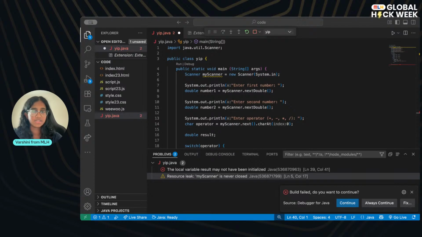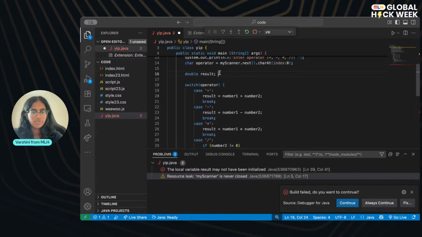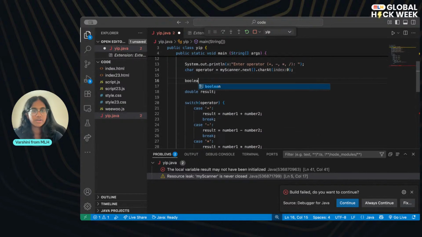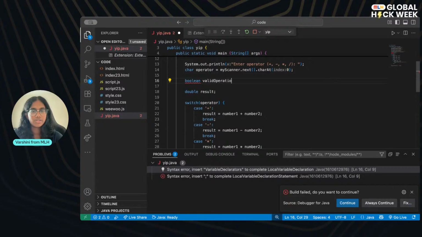And it's also good practice to, what is it called, close that operator. So we're going to keep that, and this time we're going to check if the Boolean has a valid operator. We're going to add in a really quick method here. We're going to do Boolean valid operation, and set that to true. So right before we go on to our character, we're going to create a new variable, valid operation, and set that to true, just to check if it's a valid operation.